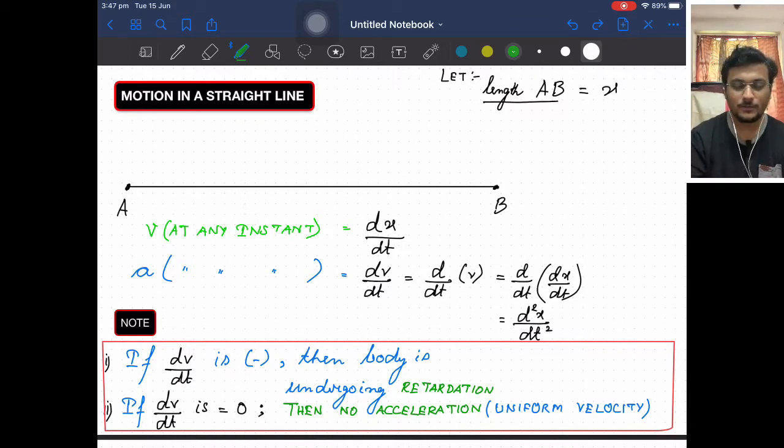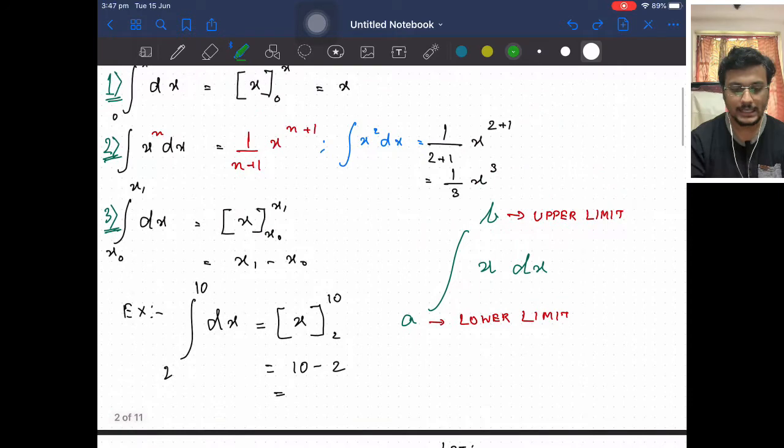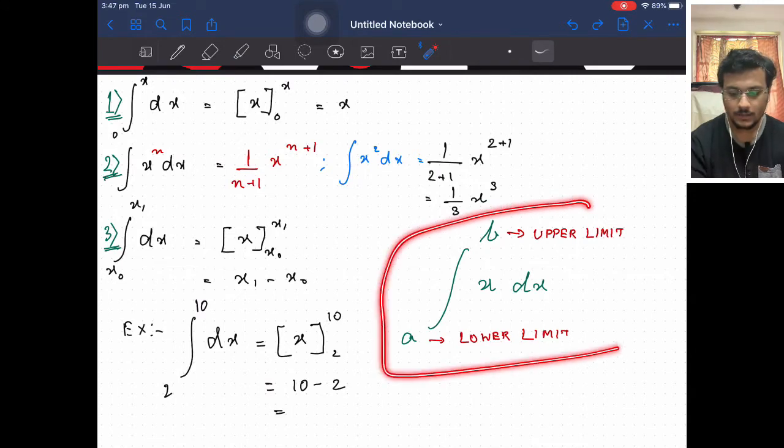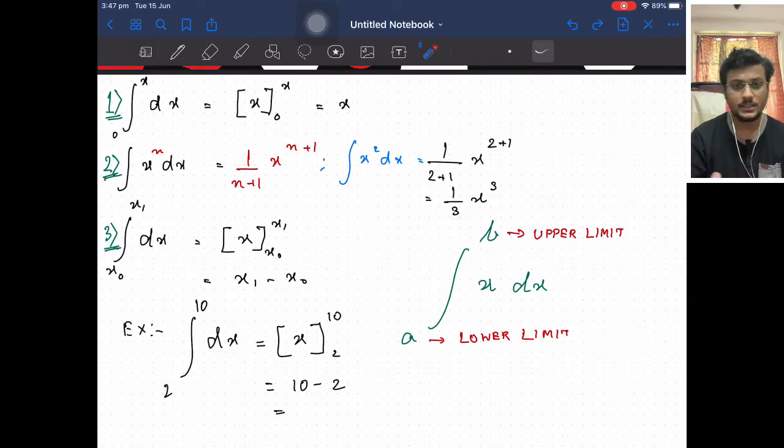Today we are going to find the three equations of motion by using calculus. For that, a little bit of knowledge about calculus is highly required. A little bit of differential calculus and a little bit of integration calculus is necessary. As you see, I have written here some formulas regarding integration calculus that will be sufficient enough to solve the three equations of motion.